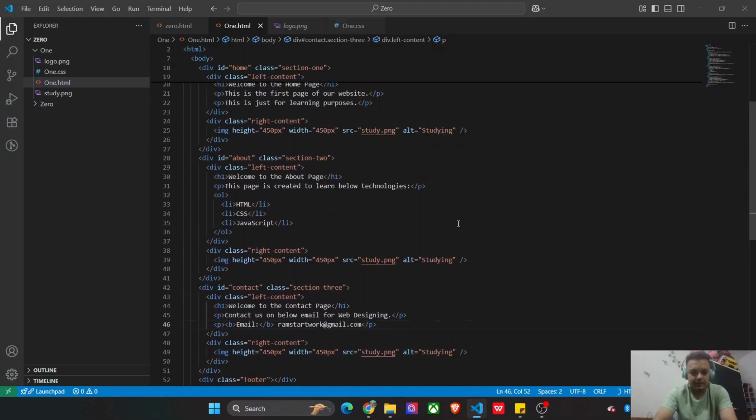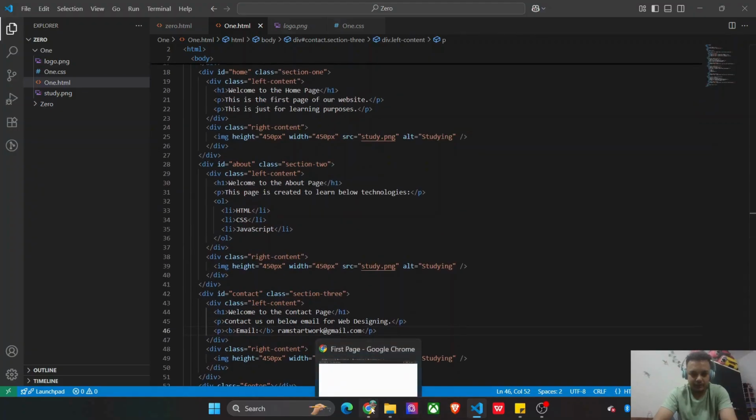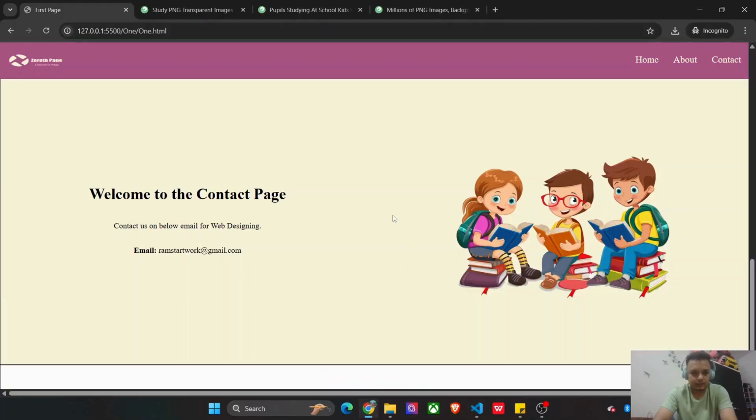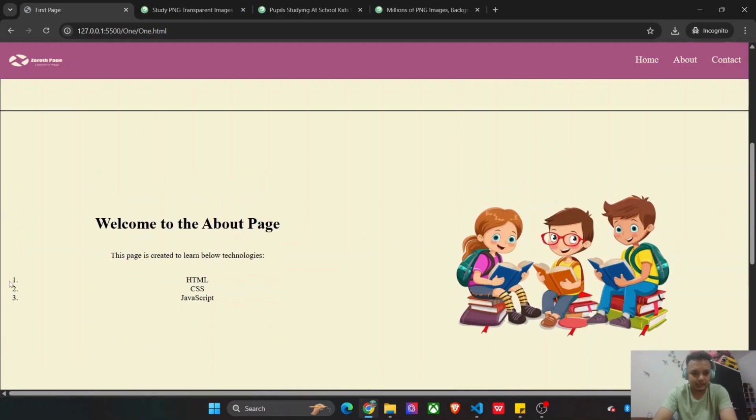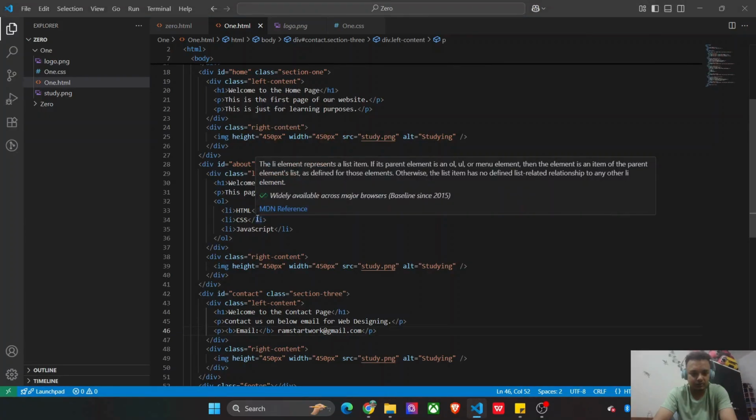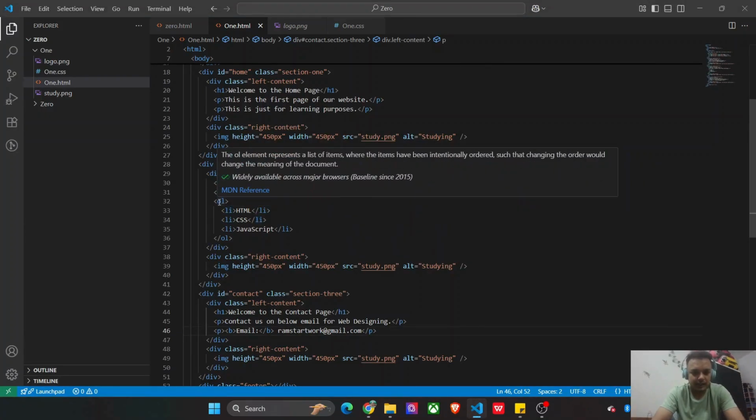Now we need to change images. Let's first check out what this is. So this is contact us on the below email for web designing. The email is coming perfectly, so this needs to be corrected. This ordered list item is going very far, so what we can do for now is give a dash instead, or we can give